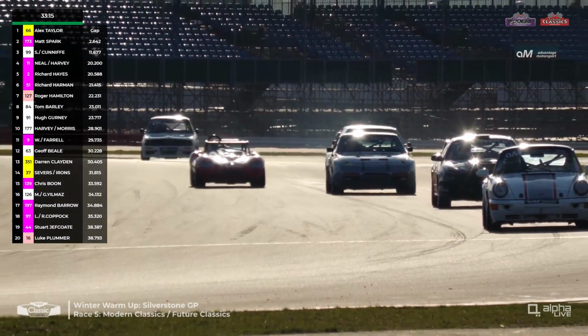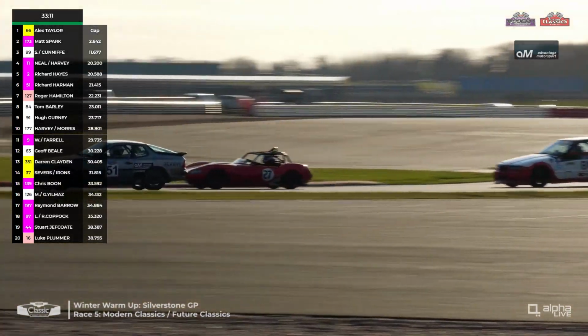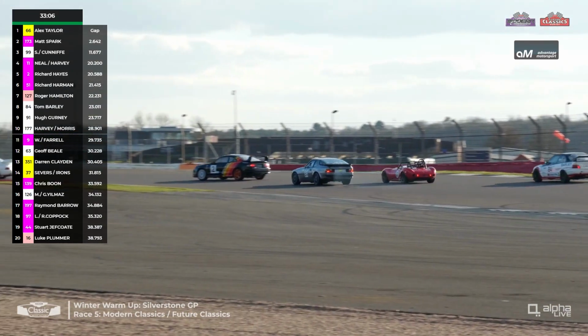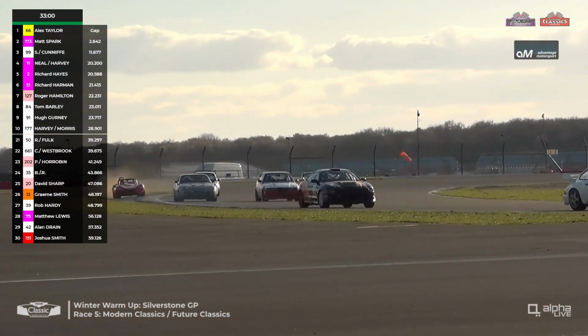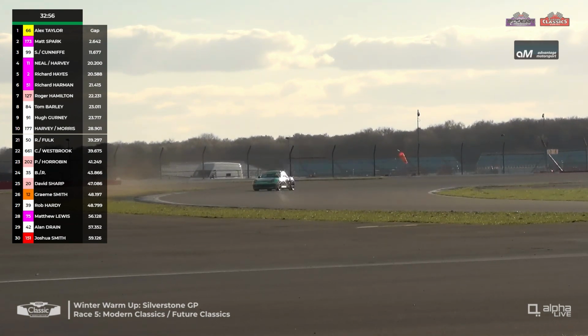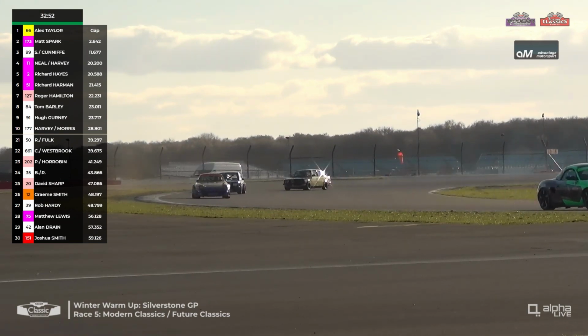And it is potentially looking to grow by another second or so by the end of this lap, as well as the Ginetta again looking for a move on Richard Harmon, but Roger Hamilton can't quite squeeze away through on the inside, so instead he tries for the outside. Both of them run wide, and that will let surely Tom Barley through in the BMW, which it has done. So Tom Barley there, the lucky man to get through, gains 2 positions and now sees him up into 6th